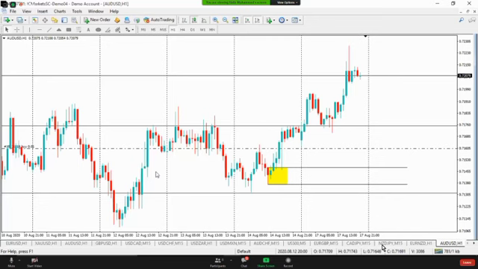Yeah. So you analyze the market after you wait for the Wednesday close. This was the Wednesday trading range. You wait for the Wednesday trading range to close. Once the Wednesday trading range is closed, now you come and look for imbalances that are close to the lows of that trading range. As we can see,